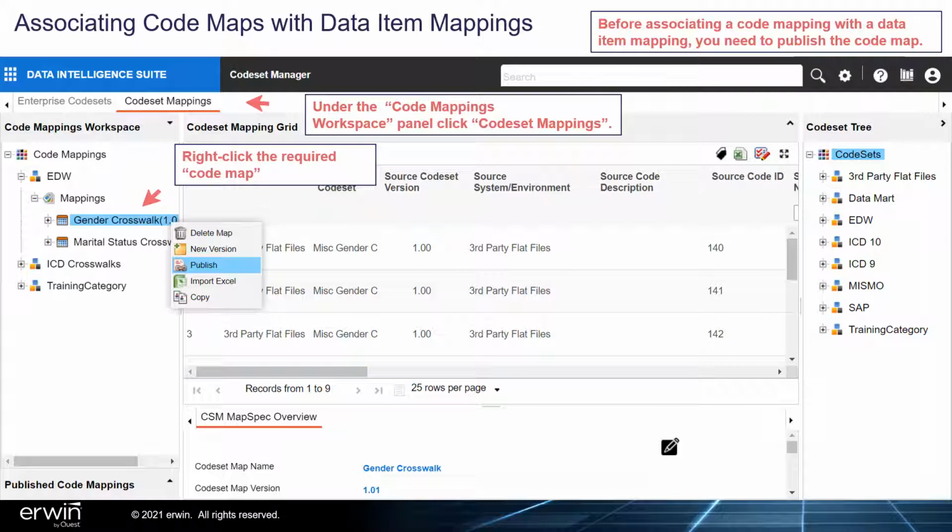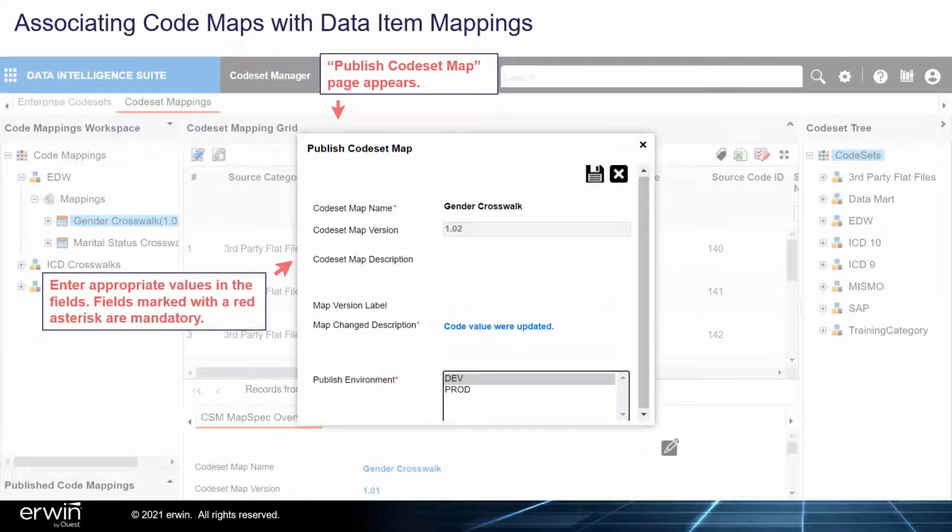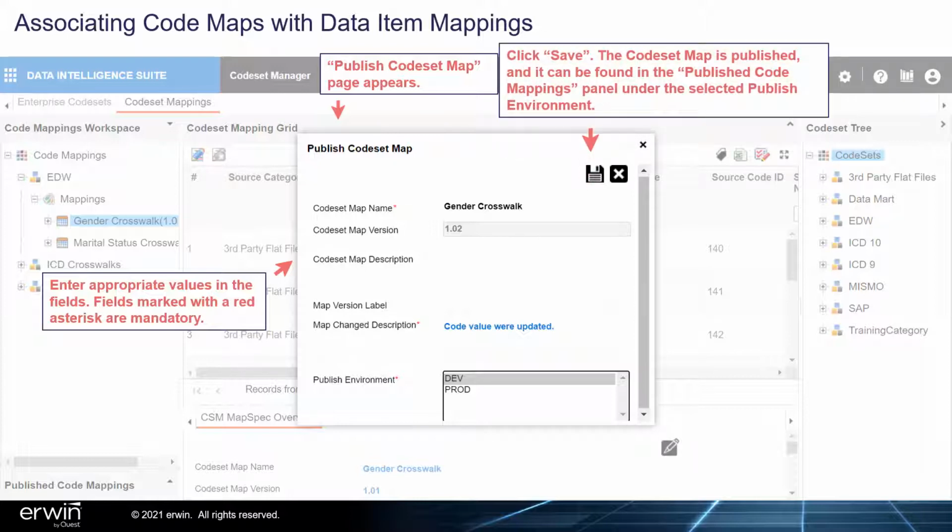Right-click the required code map. Click Publish. Publish Code Set Map page appears. Enter appropriate values in the fields. Fields marked with a red asterisk are mandatory. Click Save. The code set map is published, and it can be found in the Publish Code Mappings panel under